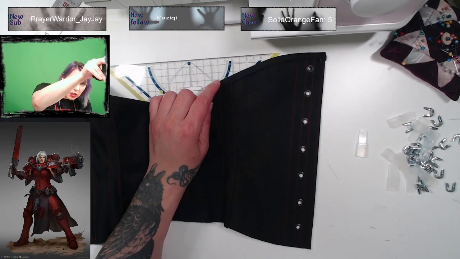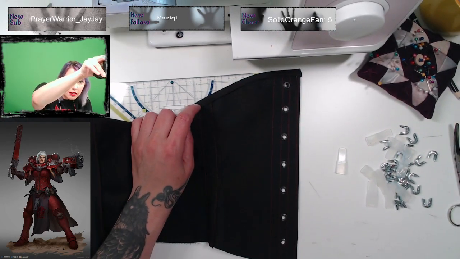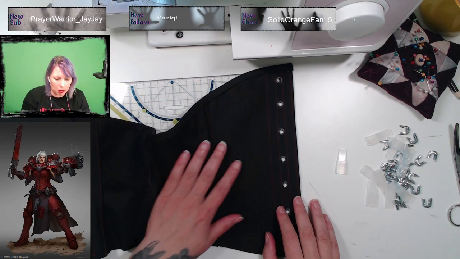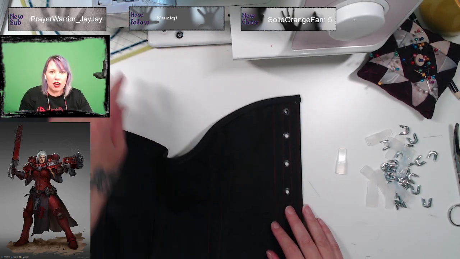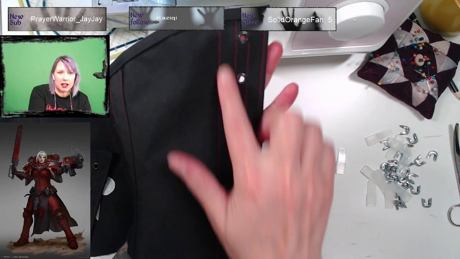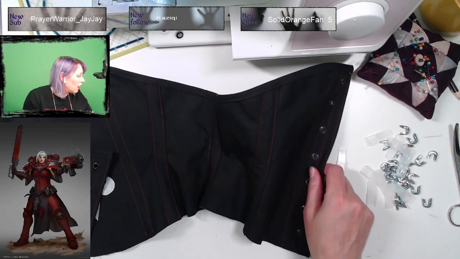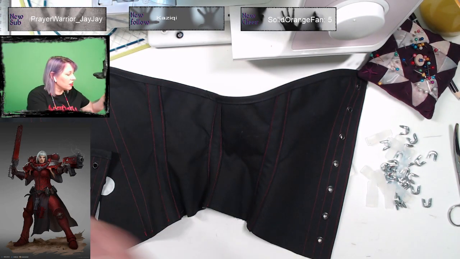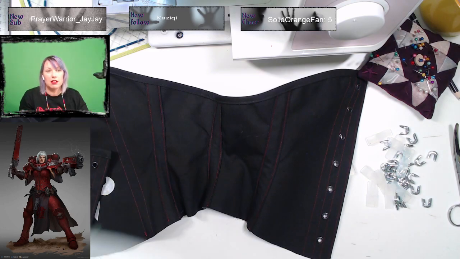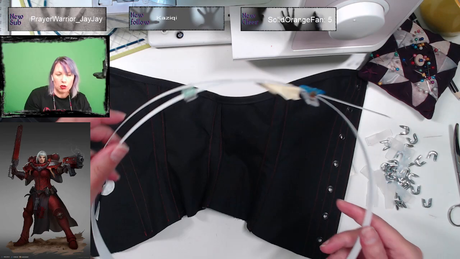See if we can zoom you in a little bit. Come on. It's too bad, it's just such dark fabric. But at the end here, there's two slides here. And we are going to use what they call flat boning to put that in there.